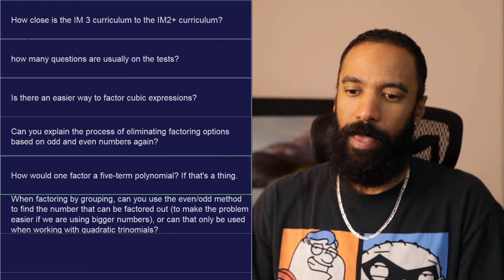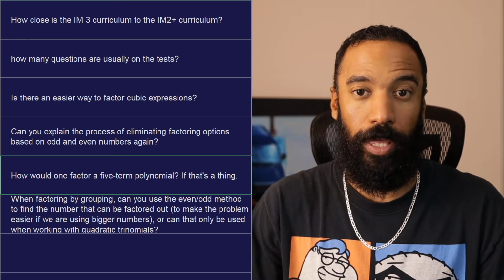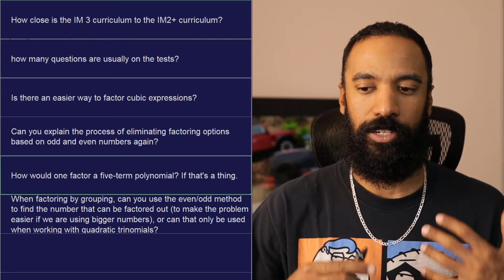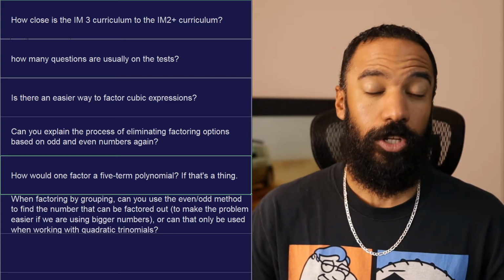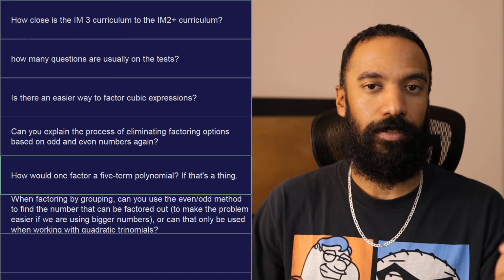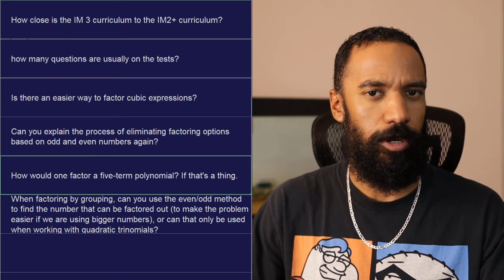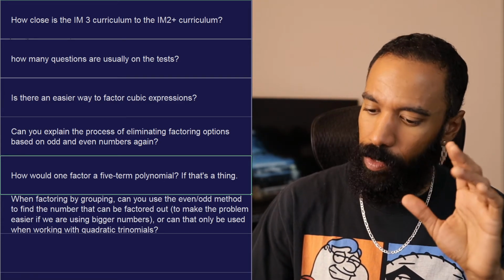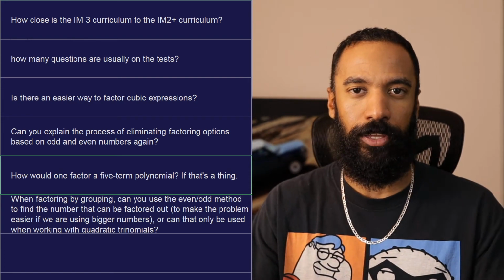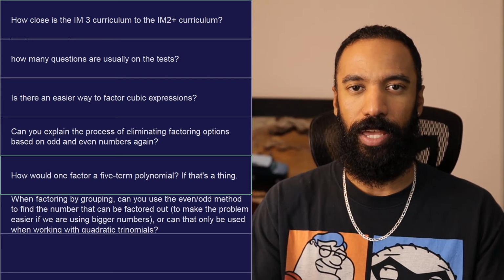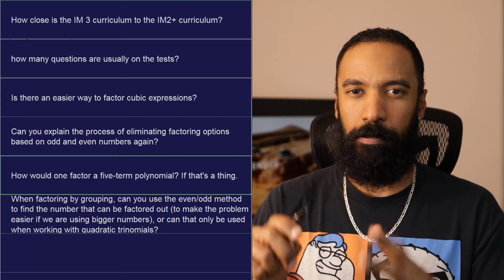All right, next question. How would one factor a 5-term polynomial, if that's a thing? That's a good question. So we just talked about factoring cubic quadrinomials, or quadrinomials, using factoring by grouping. Now, what I mentioned was it works really well with even-termed polynomials, 4 terms, 6 terms, 8 terms. The main reason being is,